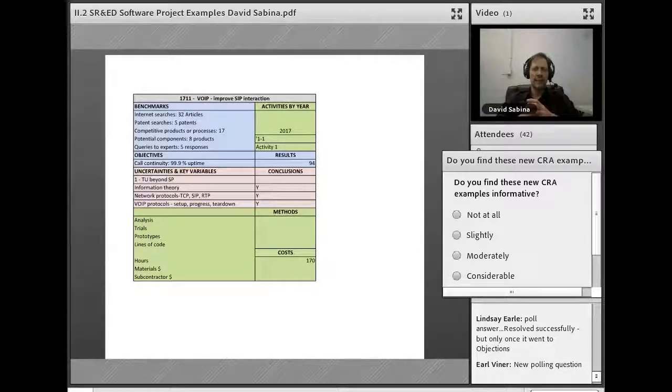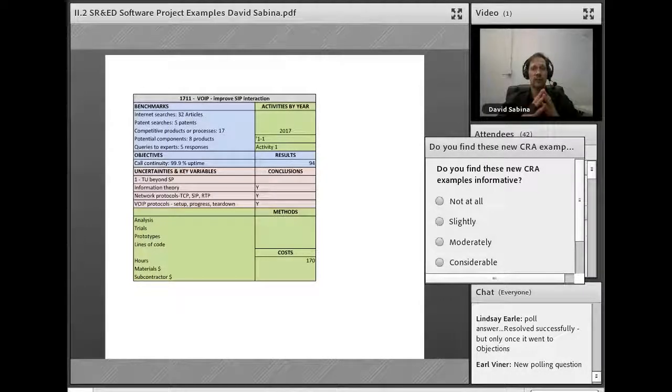But what the next example did is really not look at a whole project, but it really tried to focus on how would a claimant effectively show that they're going beyond standard practice, really what we call the advancement stage, addressing is something routine or is it beyond information that would be readily available to someone skilled in the art. And I would say this is more and more of a focus on every SR&ED claim than ever before.